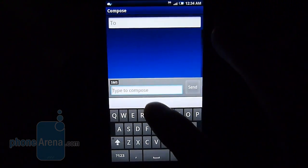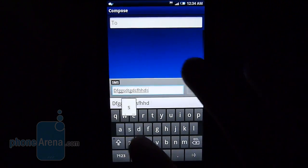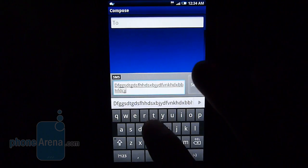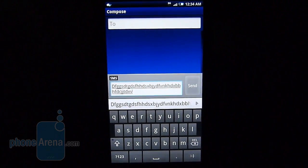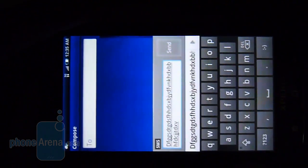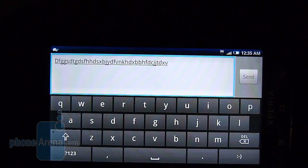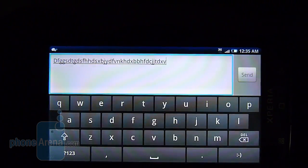It only comes with the stock Android keyboard. The thing that we noticed though with the stock Android keyboard, it wasn't as responsive in casually typing. We just found ourselves making a lot of mistakes using the portrait style one, just because maybe it's a little bit cramped. But thankfully though, unlike the European version, this one here has the landscape option now available to you,